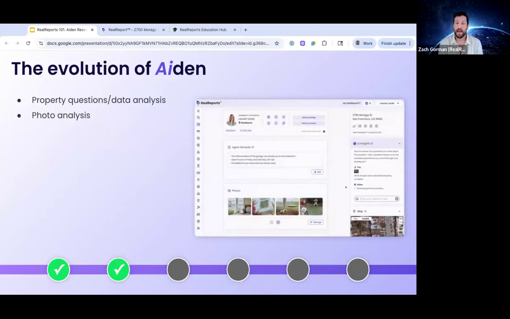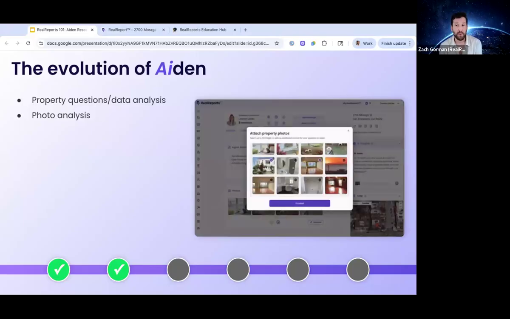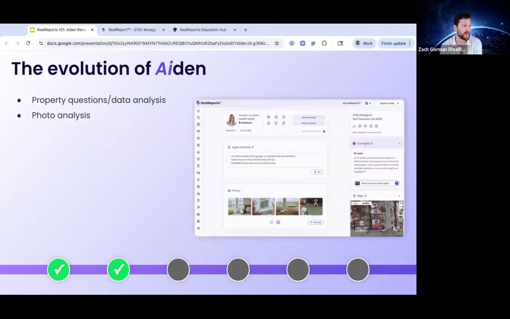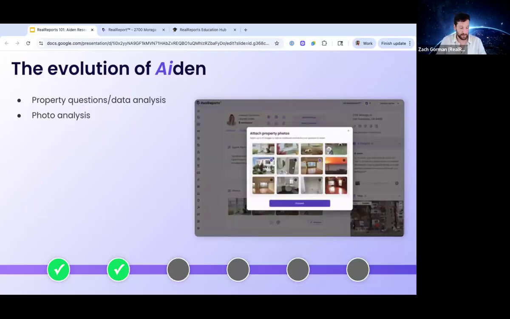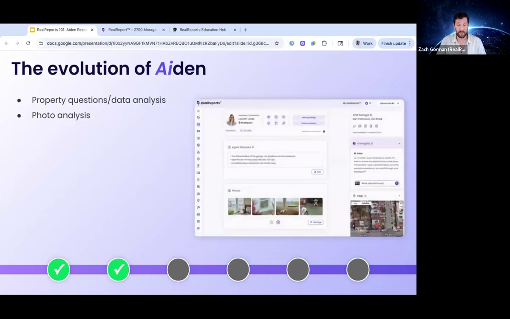Going back to Aiden here, the second step that we took is we added photo analysis. So you can add your own property photos into Real Reports. We also will pull in listing photos for active listings from your MLS or your IDX feed. Aiden is multimodal, so it can actually ingest and look at different types of media. Put in any property photos you want, whether that's listing photos, potential mocks, walkthroughs,